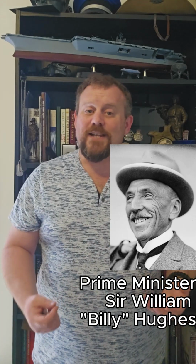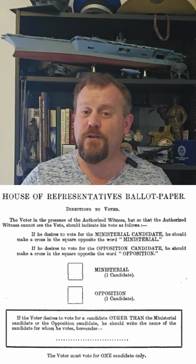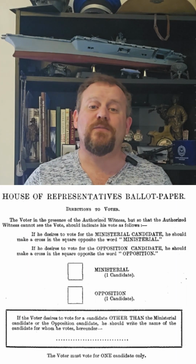table recording your vote. That 1916 referendum failed, as did the 1917 one that followed it, but also in 1917, the Prime Minister, Billy Hughes, had lost his majority government, and this led to Australia's 7th federal election. Back then, voting wasn't preferential. It was first past the post, like the United States system, but getting ballots to the Australian Imperial Force was tricky. So as a result, a modified absentee vote was introduced, making Australia one of the first countries to allow